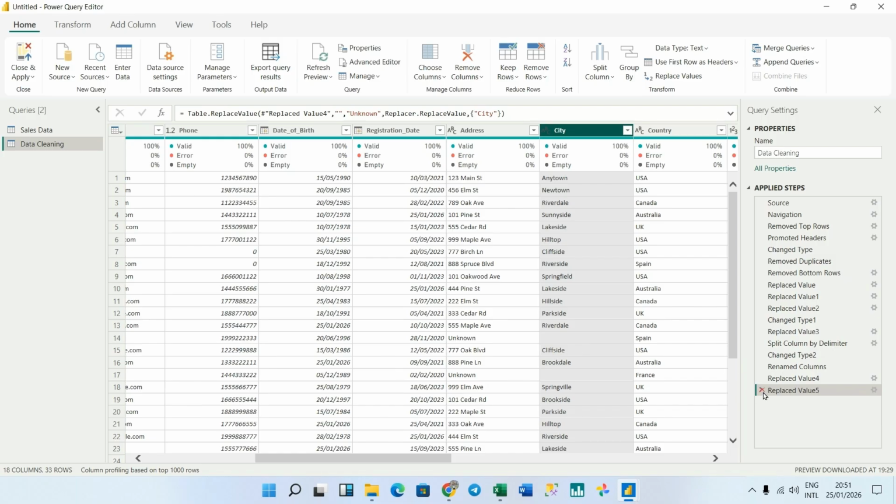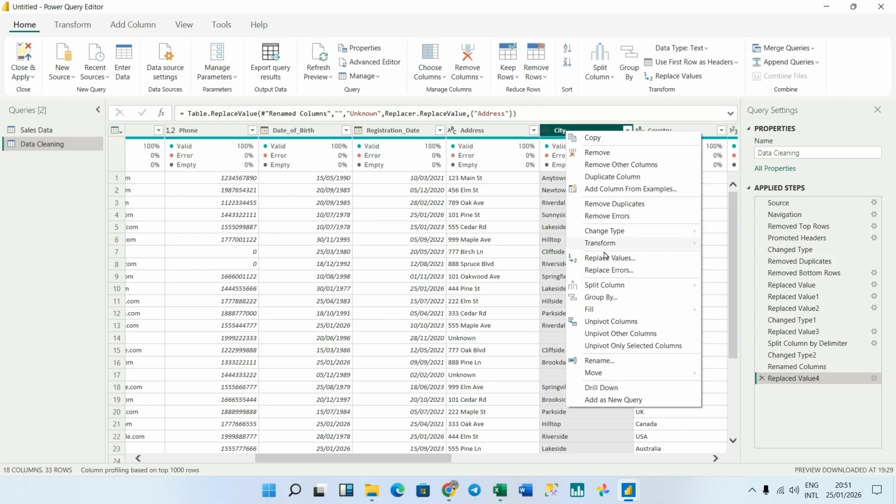So I'm still going to undo this, cancel this step. And then what am I going to do here? I will right click on this city, come to what? Transform. You see this transform? I'll come to transform, and I will choose trim. What does trim do? Trim will